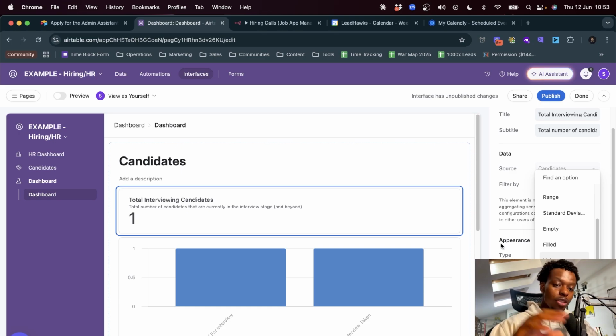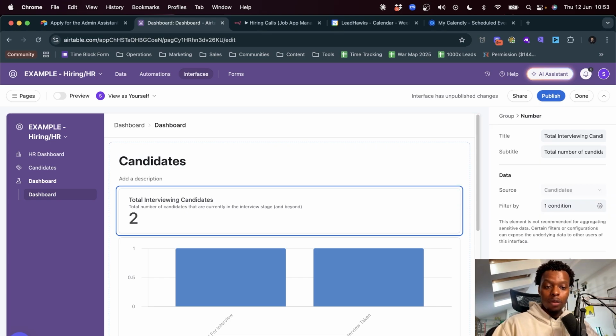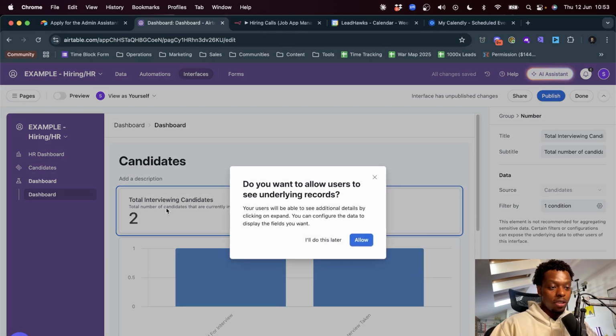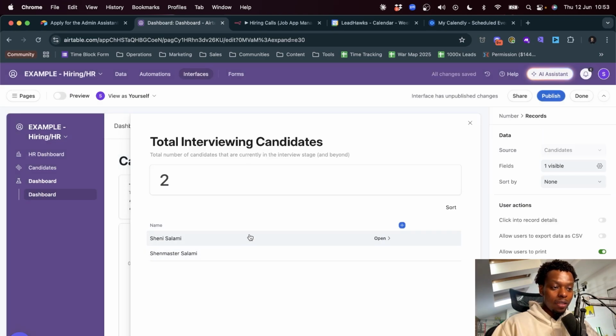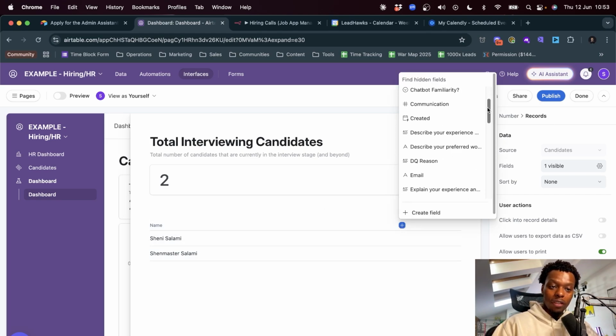So numbers and strings are always going to be the two that you're going to make most of your numbers by. But in this case, we just need a count of all the people that match this filter. So this is total interviewing candidates. So this one here is basically a way to open up the record detail. So if I click allow here, then it will show us, oh, okay, so these are the interviewing candidates that we have. It basically brings out a tiny little table for us,